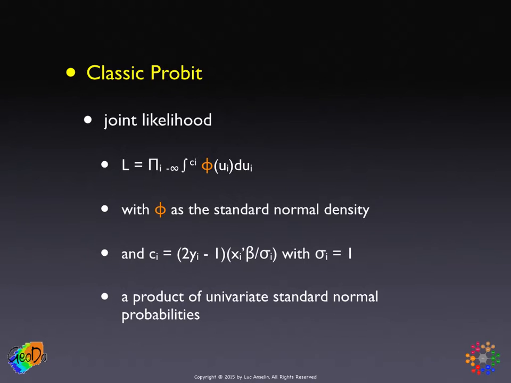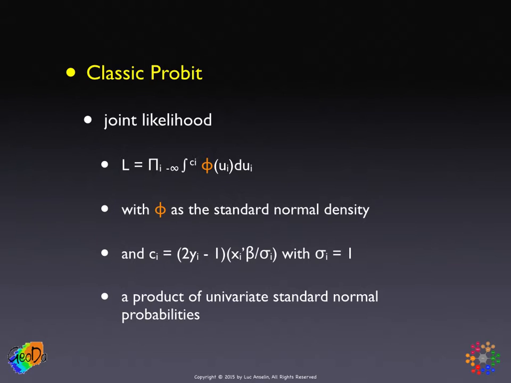And so we can write this as the product over i of the integral from minus infinity to c sub i of the density of the standard normal. That's basically a complicated way of writing the cumulative distribution evaluated at